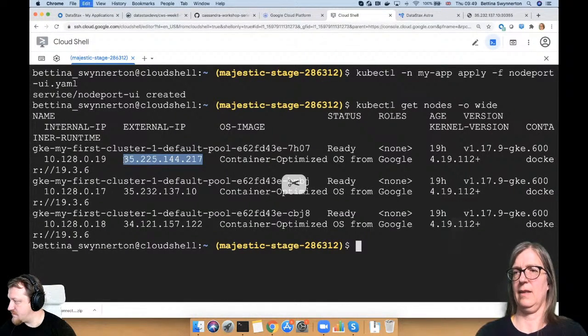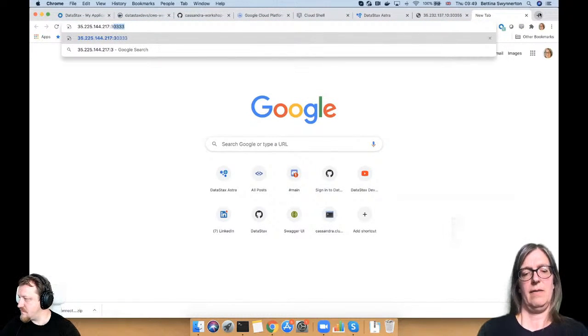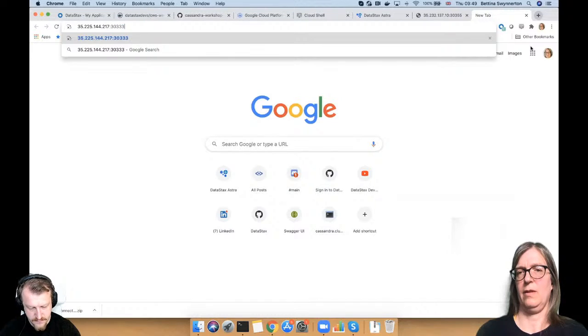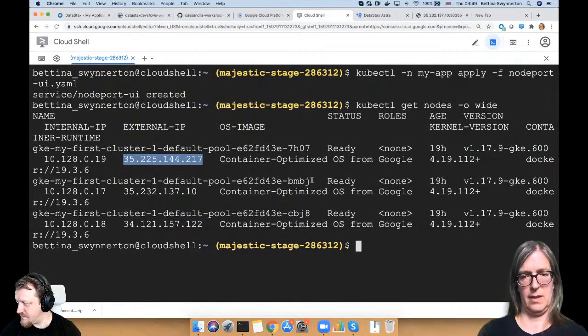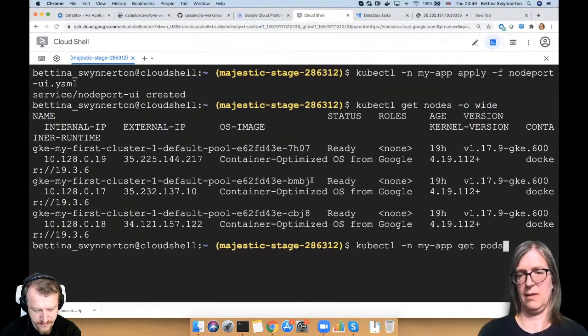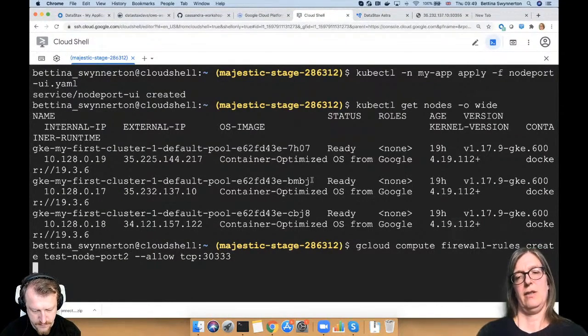And again, we must not forget to set the firewall rule. So let's do the same as before. Set a similar firewall rule. We need to name it differently. There's the firewall rule. This time we're linking to port 30333, and it needs to have a second name because we cannot just add to the previous rule that we had. So we're exposing this port,